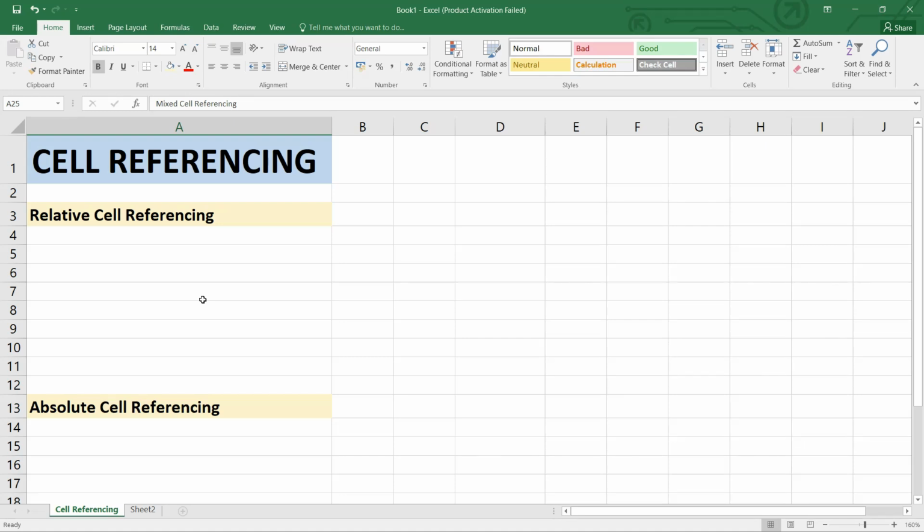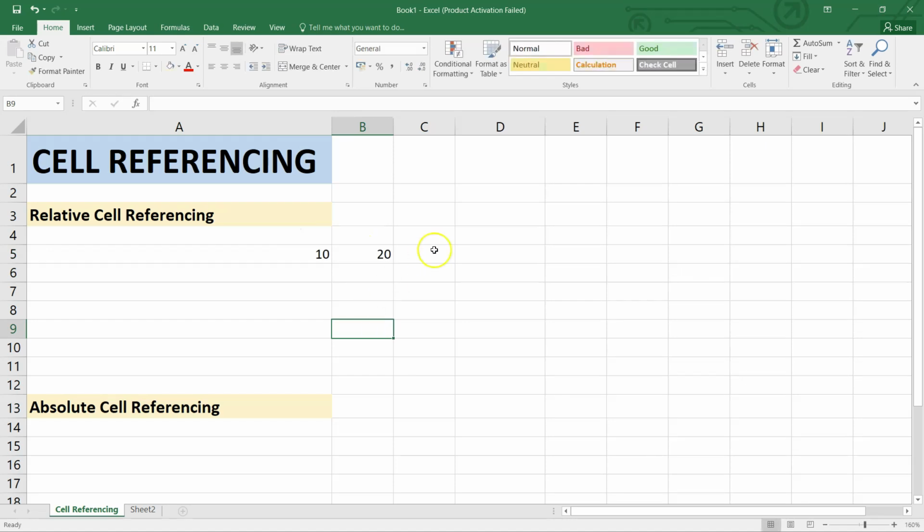Relative cell referencing basically means that when you copy a formula from one cell to another cell, Excel automatically adjusts the row and the column number. What does that mean? Let's do it with an example using some numbers, which will be handier for you to understand.